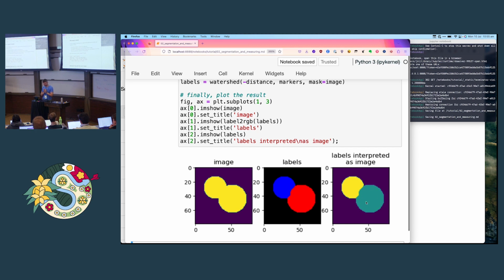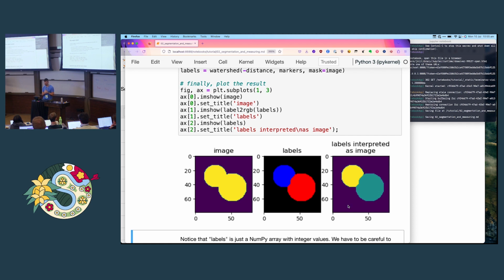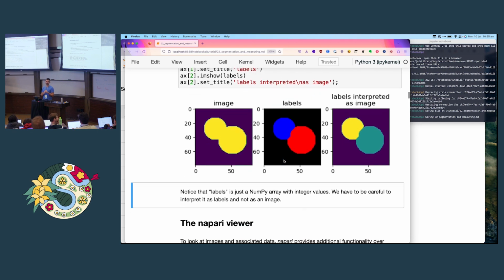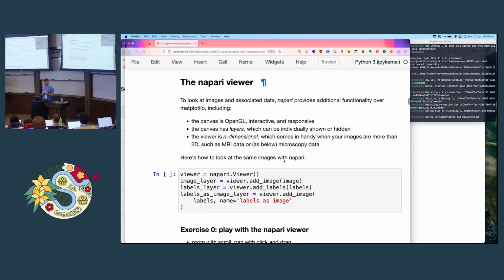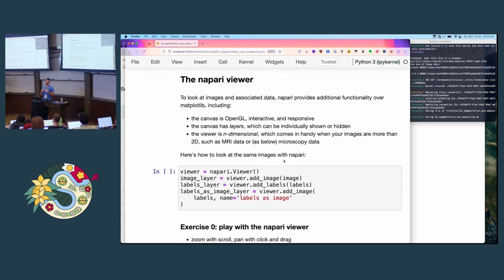Okay, so now we're going to introduce a different way to look at the images. That's not matplotlib, and that's called napari. Napari has some advantages over matplotlib when working with images specifically. One is that it's an OpenGL canvas, which is more interactive. There's layers which you can turn on and off, so you can see different parts of what you're doing at a time. And also it's n-dimensional, so you can look at 3D images, 4D images, and that's going to come in handy